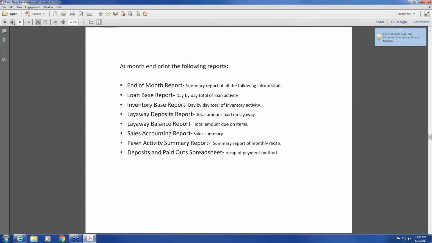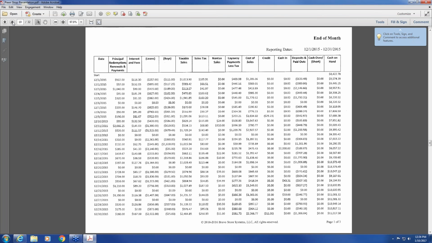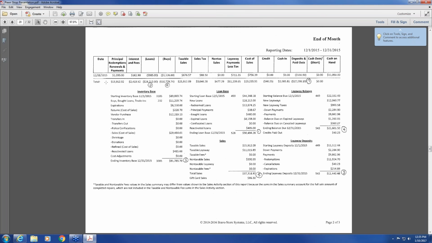That way I've got all of the reports with all of the monthly activity on it, the totals for all the monthly activity on it. If I want to see the detail, we can either go back in the system or go back and look at the report for that day to see the detail for what went on. So this is the end of the month report right here, and it has